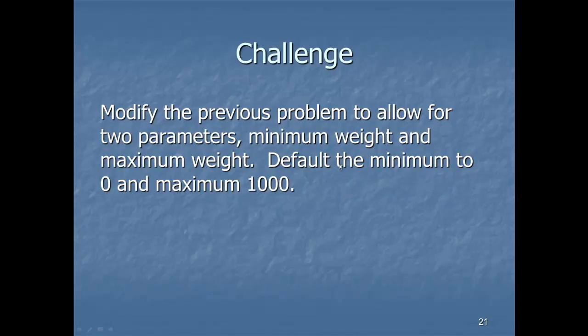Modify the previous problem to allow for two parameters, minimum weight and maximum weight. Default minimum to 0 and the maximum to 1,000. So what it's telling me is it wants me to go ahead and pass in a parameter, minimum weight, maximum weight, and we want all the players that are in between those two weights that exist. So I'll probably have to come back to the slide and reference it again here. So let's jump back over to